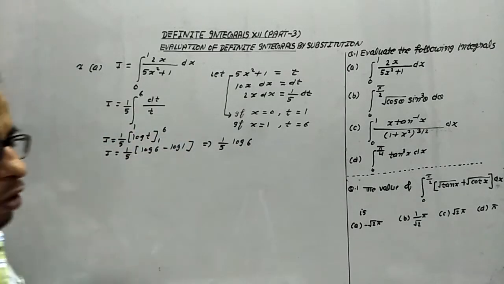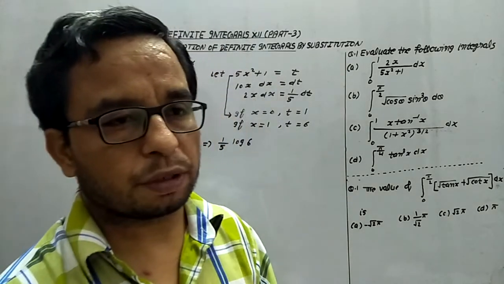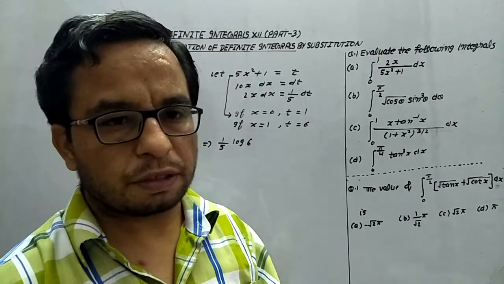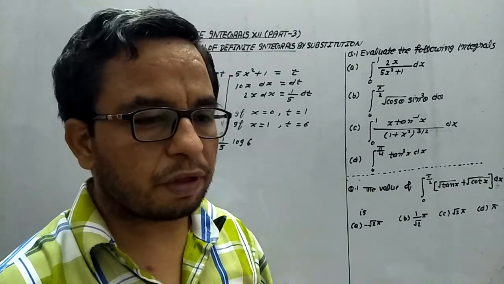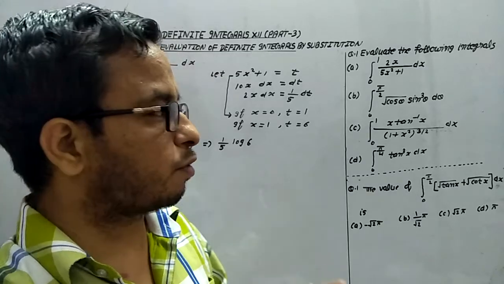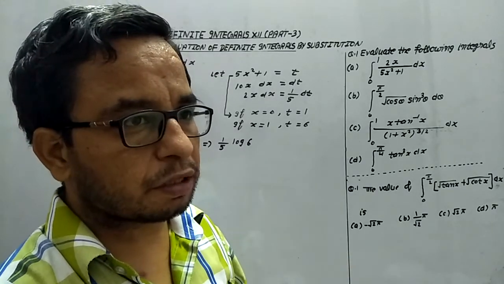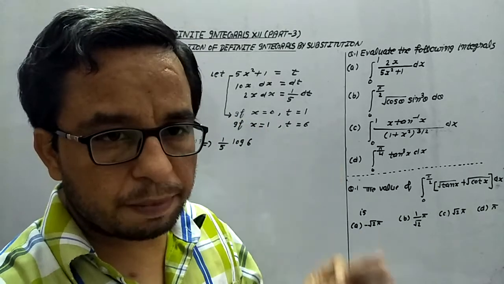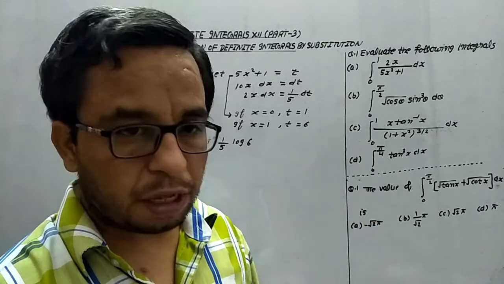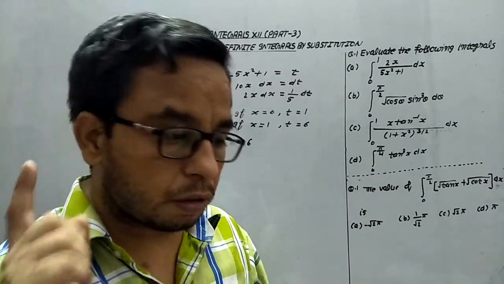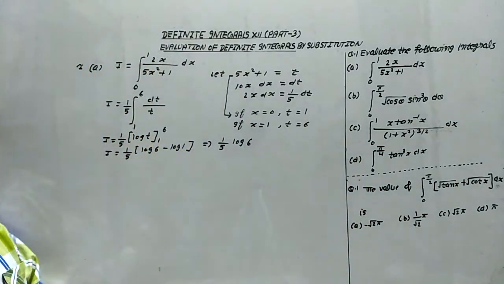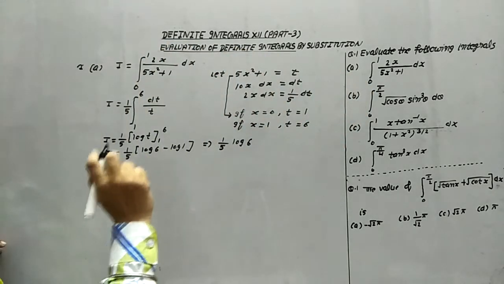So this is the way to do the solution using the concept of substitution. The substitution method is used in those cases where we consider some portion as t and the remaining portion becomes free of x, that is, in terms of t only. Once we do this, always remember that we have to change the upper and lower limits with respect to t, and we will do the integration and put the limits. We are not going to go back to the form of x. This is the very important concept for definite integrals by substitution.